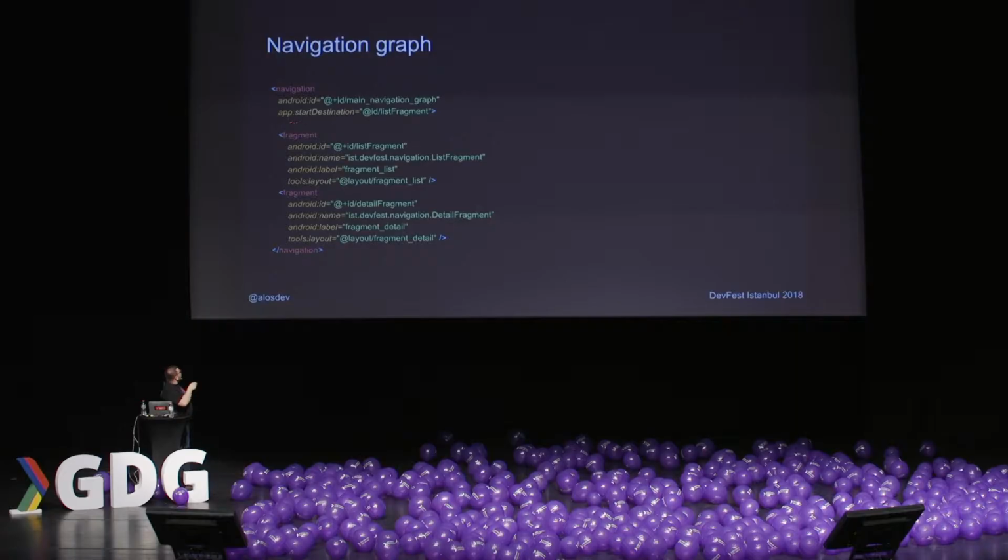So let's think, we have a list fragment as well as a details fragment. You just define them. And then the navigation is also important. You can see it here, the start destination. So for every graph, you have to define a start destination. So where your application starts. Then you can also see it